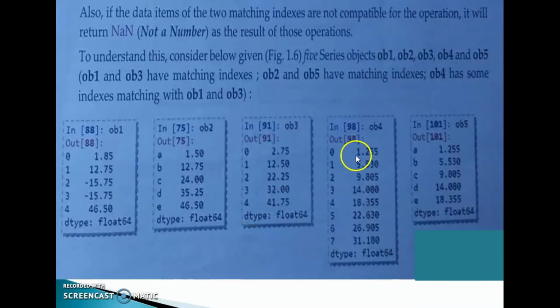Then OB4 has some indexes matching with OB1 and OB3, that is 0, 1, 2, 3, 4. Then 5, 6, 7 indexes are not there in OB1 and OB3. Then OB2 and OB5 have the same indexes, that is A to E. Consider these 5 series objects with same matching indexes and different indexes also.